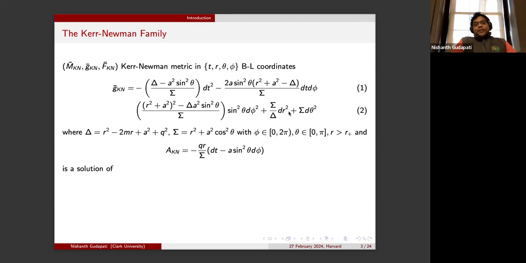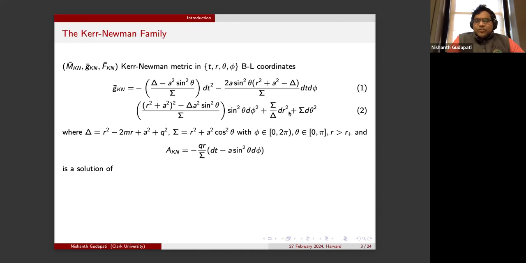Okay, so speaking of the Kerr-Newman spacetime, let me show you the Kerr-Newman spacetime. Maybe most of you have seen that. It's really not important to look at the structure of the Kerr-Newman spacetime for this talk, but just to show you some overall picture of the Kerr-Newman spacetime. That's how it looks like, the solution of the Einstein-Maxwell equations. It's also called an electrovacuum solution of the Einstein-Maxwell equations.